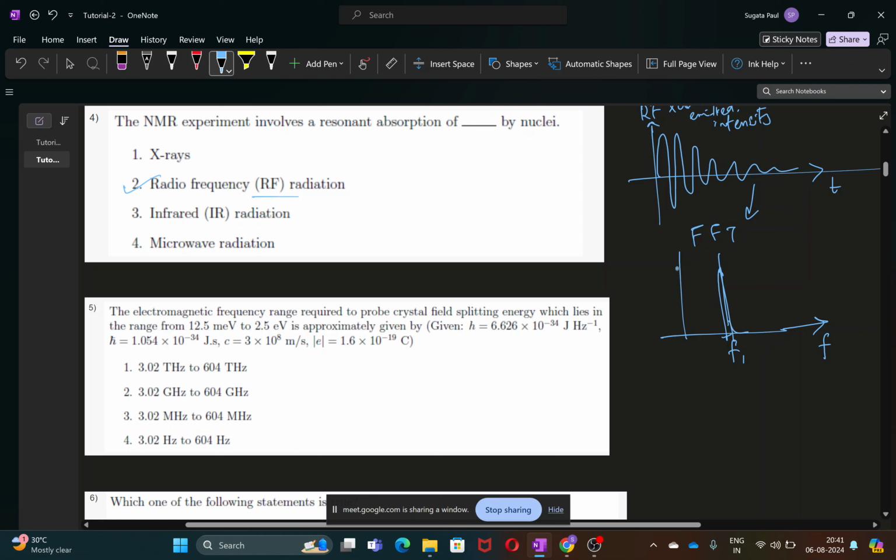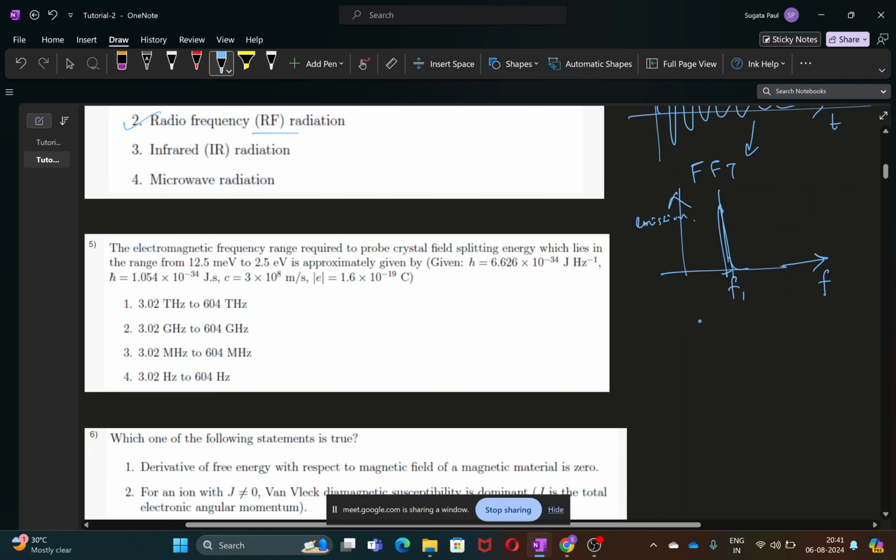So this is the resonant frequency for this emission peak to appear. Now there can be multiple resonant peaks appearing from a system, like from here, here and here. So let's say F0, F1 and F2. By identifying these resonant frequency values F0, F1 and F2, you can get to know the exact molecular structure of